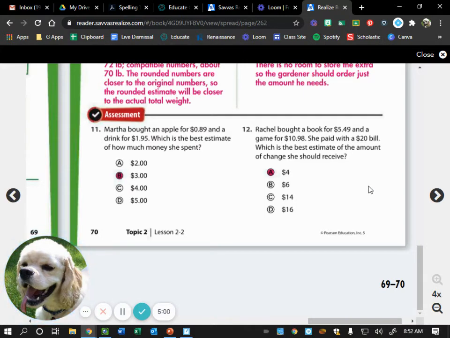Then for number 12, Rachel bought a book for $5.49 and a game for $10.98. She paid with a $20 bill. Which is the best estimate of the amount of change she should receive? So you had a couple steps for this one. First, you need to figure out about how much money she spent, and then you were supposed to find the difference between the amount she spent and the amount of money she had. So our $5.49, that would have rounded to $5 because if we look next door, there's a 4. So the 5 would stay the same, everything else would be zeros. Then our game